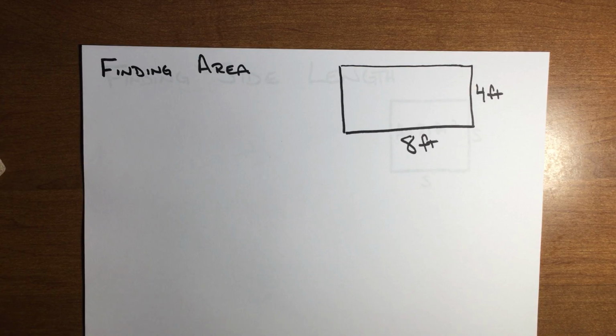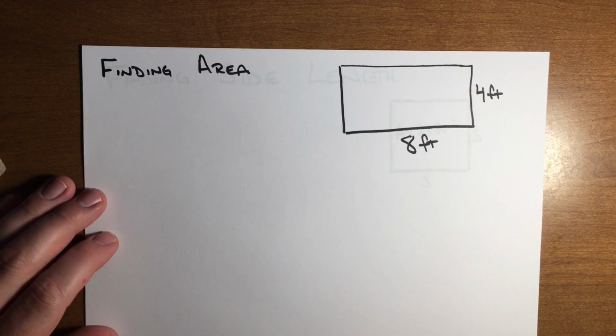I forgot to find the area of this flower bed. So I found how much fencing I might need, but now I might need to know how much topsoil I need. And in order to do that, I'm going to have to figure out what the area of my garden bed is. So, excuse me. What I'm going to do is I'm going to find the area of my garden. Remember my area formula